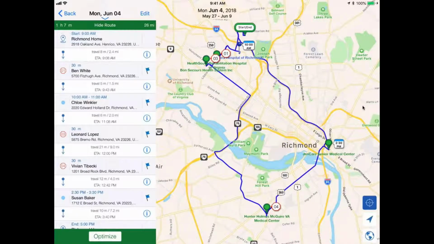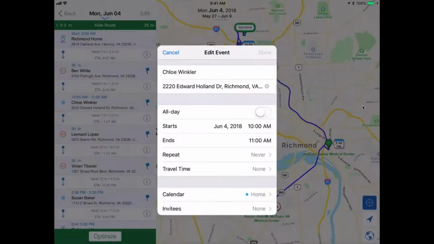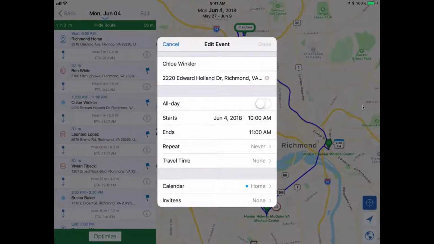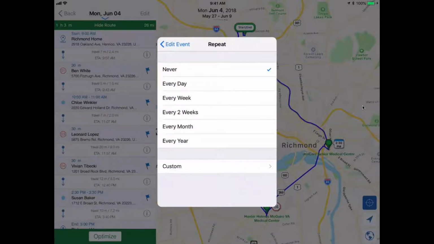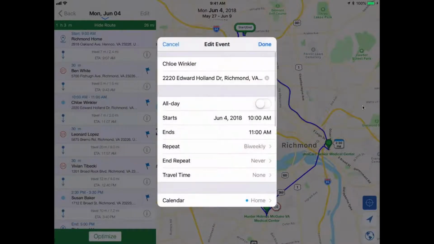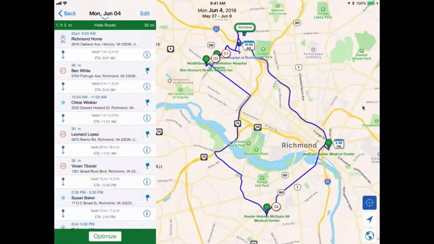What you can do, and what we recommend for some people, if it works for you, is you can actually create calendar appointments with certain customers if you know you're going to be at a certain point on a day, and you can actually have the event repeat. So as Marianne's showing, the repeat is set to never, but if you change that, you can actually have it repeat every day, every week, so on and so forth. And if you change that setting, the appointment would save and the route would continue to appear.